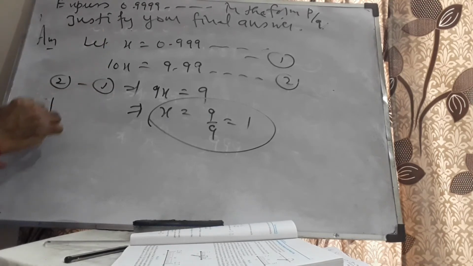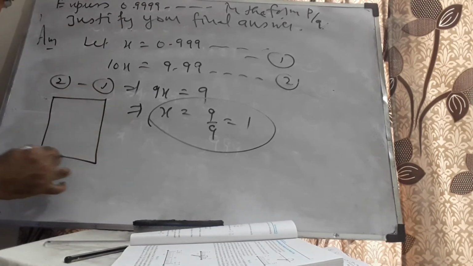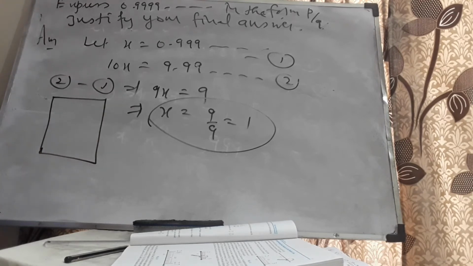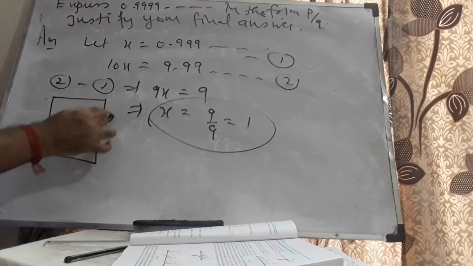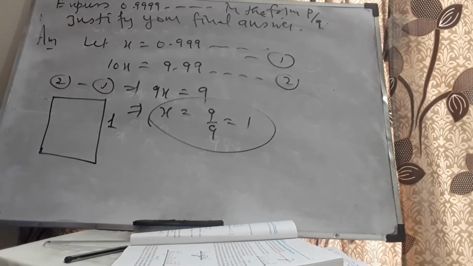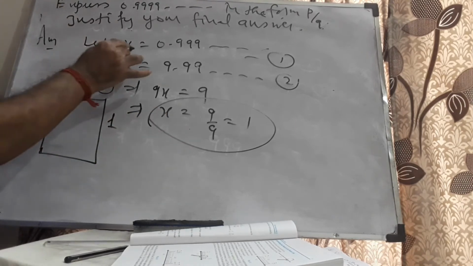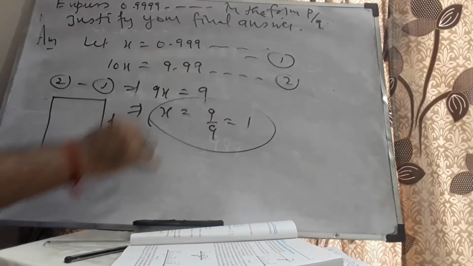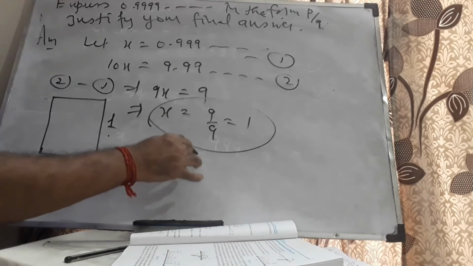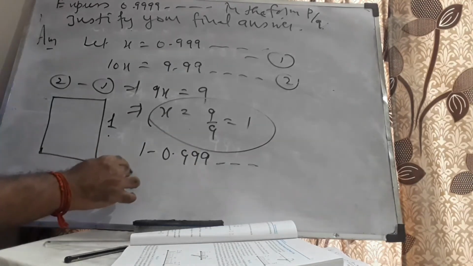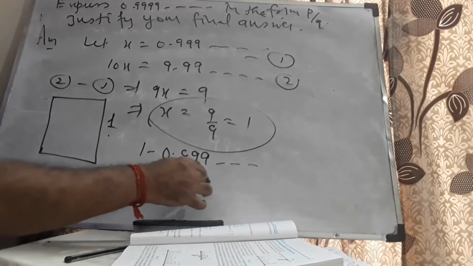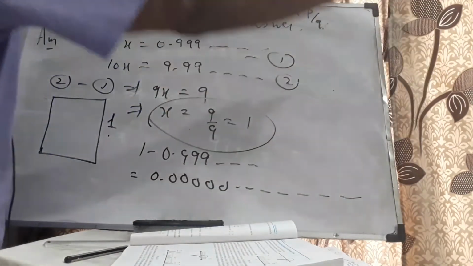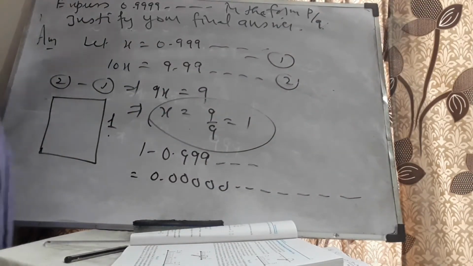You may wonder why it is so. I'll just explain quickly. Just listen carefully. Let me represent a sheet of paper, an A4 sheet of paper, to represent the number 1. Just imagine. Okay? Explanation for this answer. Now, you have 0.999 up to infinity. What is the difference between 1 and this answer? 1 minus 0.999 up to infinity is 0.000000, it goes to infinity, and somewhere else you may get some 1.